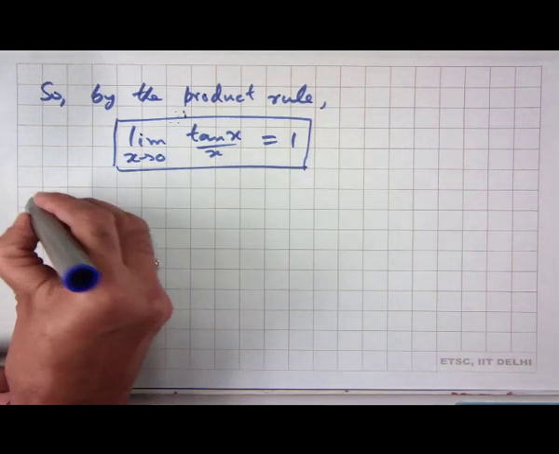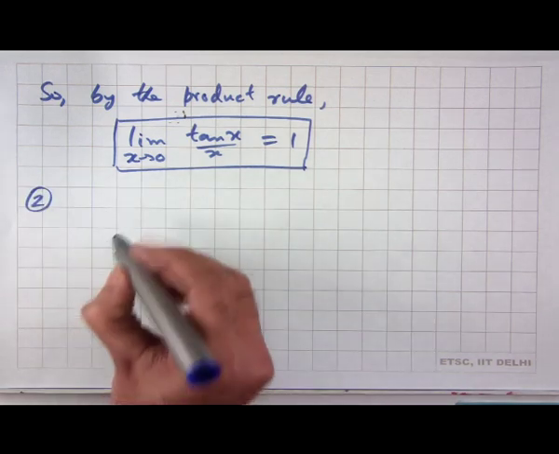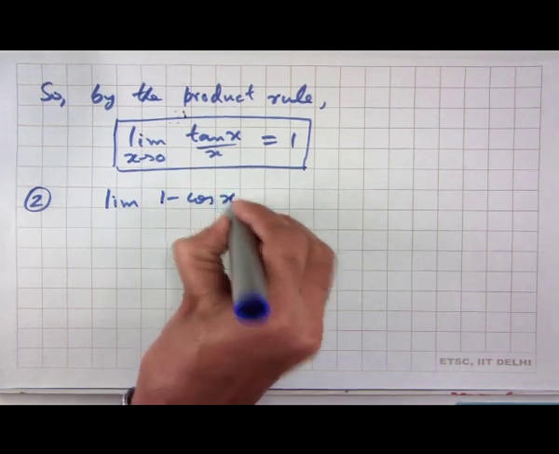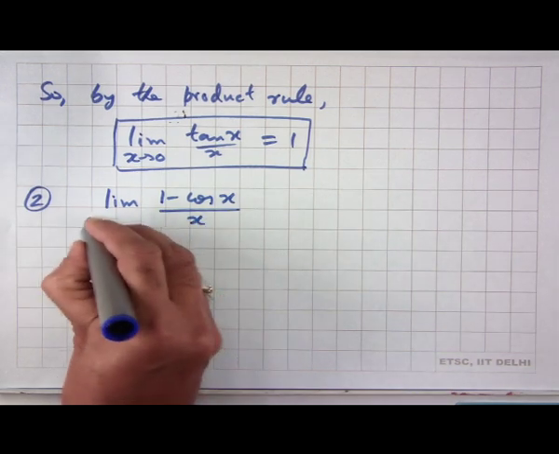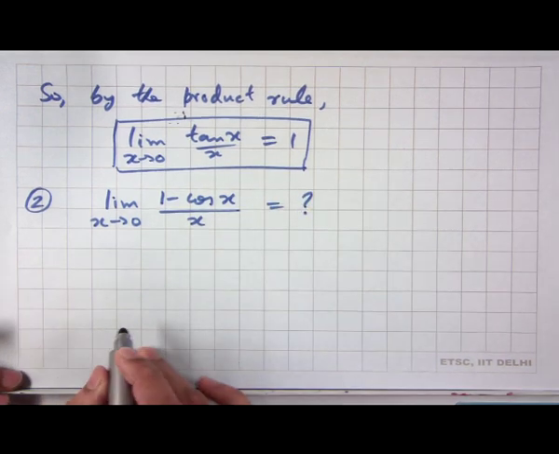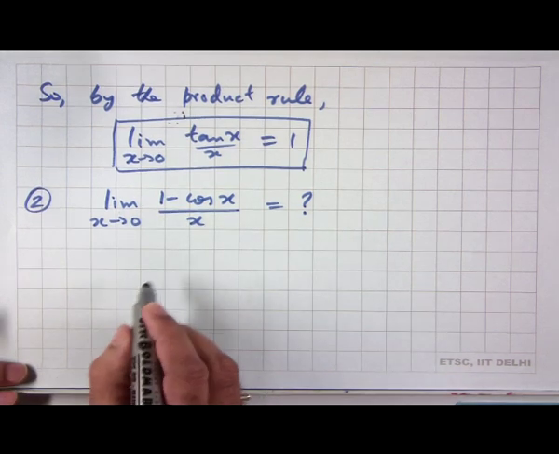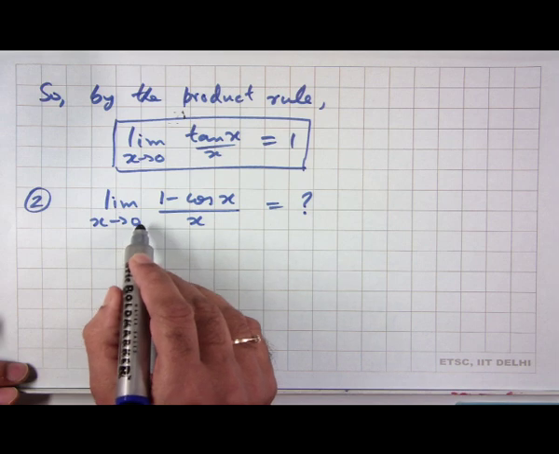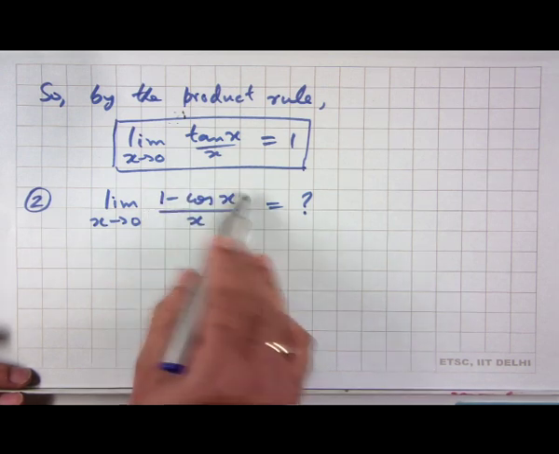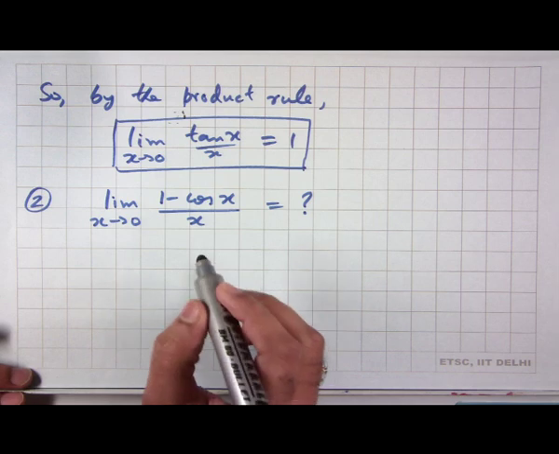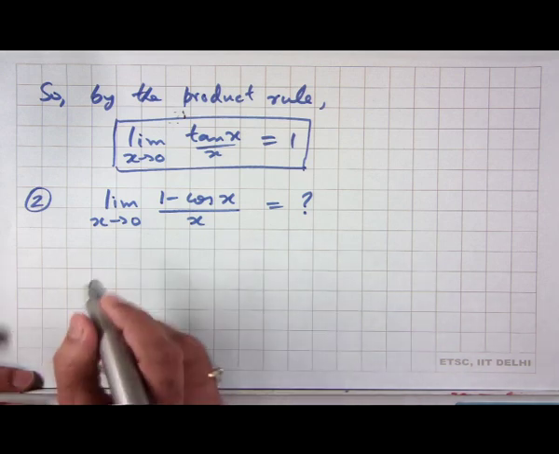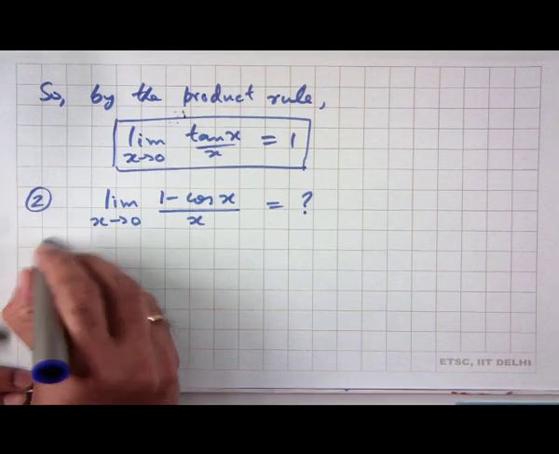Another important limit is, what is the limit of 1 minus cos x divided by x? So, here we have that as x goes to 0, the limit of the denominator is 0, the limit of the numerator is again 1 minus 1, which is 0, and we want to calculate this limit. So, recall from trigonometry,